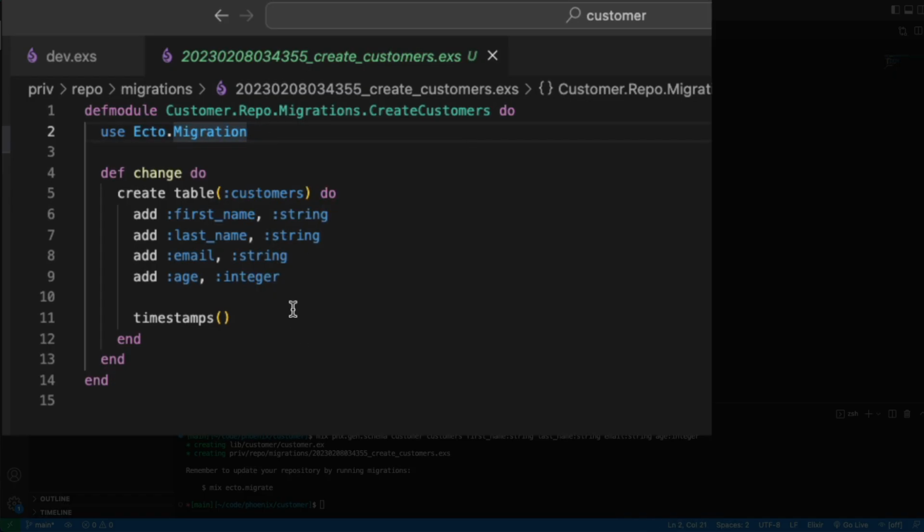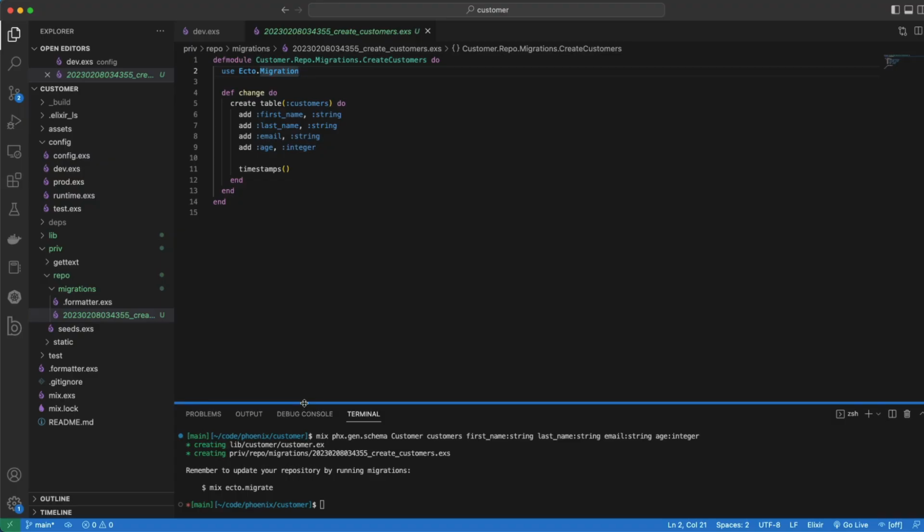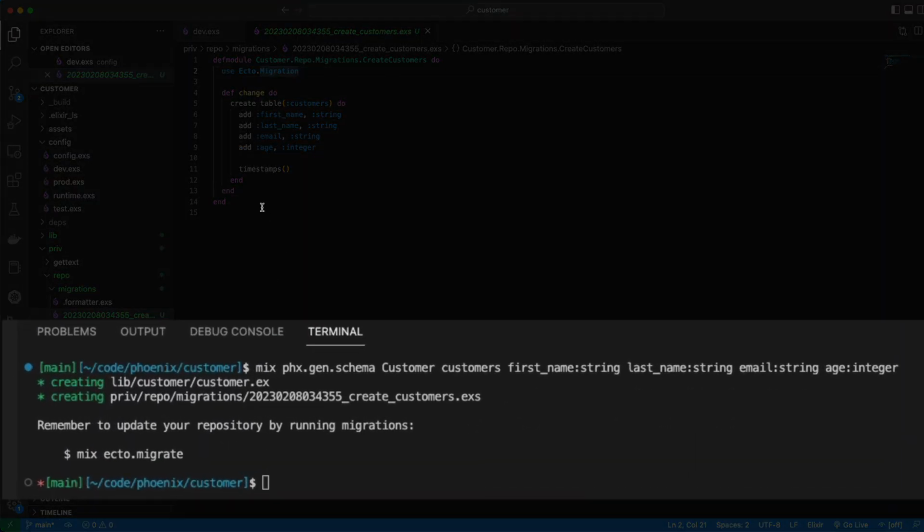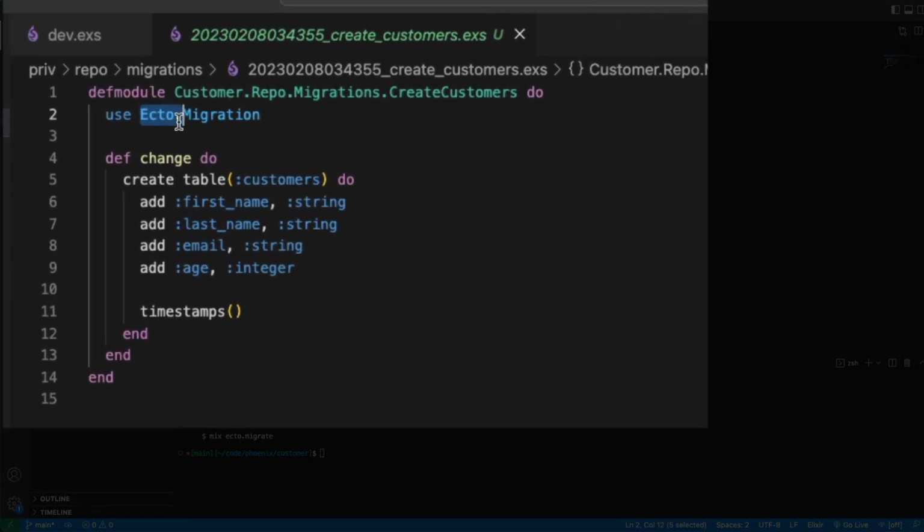So if you're not familiar with Ecto, Ecto is basically the way that we interact with all of our database changes using Elixir. So Ecto comes with Elixir out of the box, and Phoenix exploits the power of Ecto by utilizing all of the Ecto commands to generate our database. So Ecto is going to take care of all the hard work for us, and Phoenix is going to take care of generating all of the schema and migration files for us extremely easily and utilizing the power of Ecto